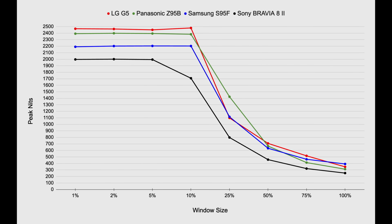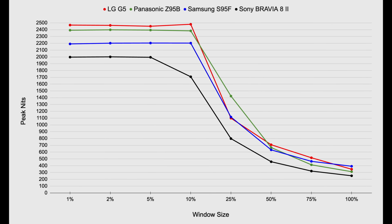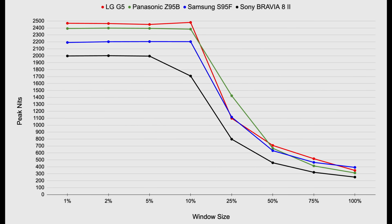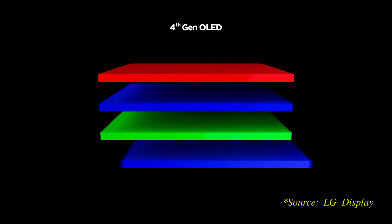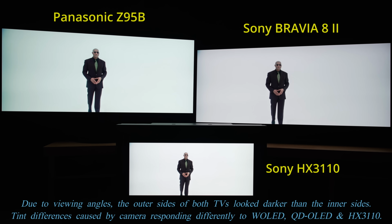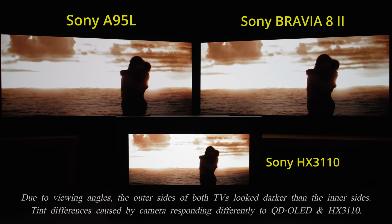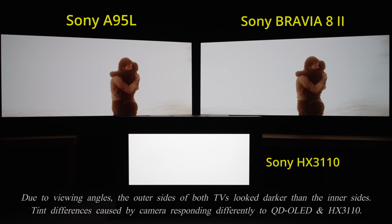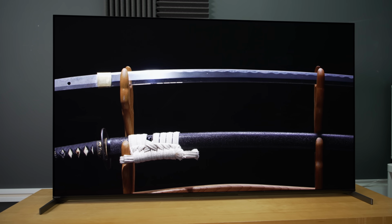go as high as other 2025 flagship OLEDs such as the Samsung S95F equipped with the same QD-OLED panel, not to mention the LG G5 and the Panasonic Z95B featuring the new 4-stack WOLED panel. As a result, the brightness gap between the BRAVIA 8 Mark II and those 2025 flagships is more pronounced than the difference between the BRAVIA 8 Mark II and its predecessor, the A95L. Perhaps a reflection of Sony's strategic choice to position this model as part of the 8 series rather than a